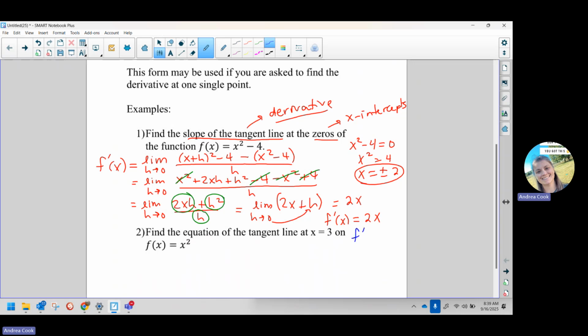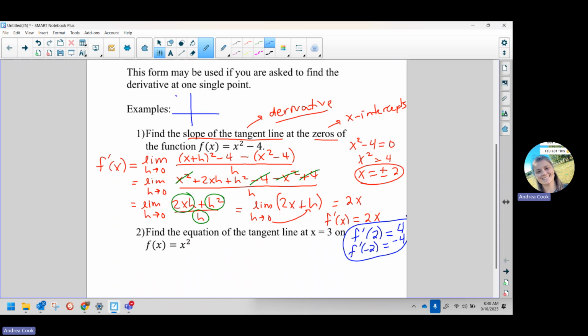So I want to find the derivative at 2. When I plug 2 into 2x, I get 4. And then I want to find the derivative at -2. When I plug in -2, I get -4. So that means if I were to graph this x squared minus 4,